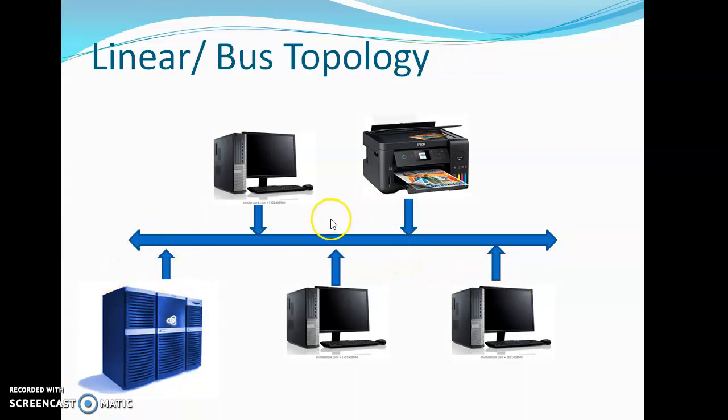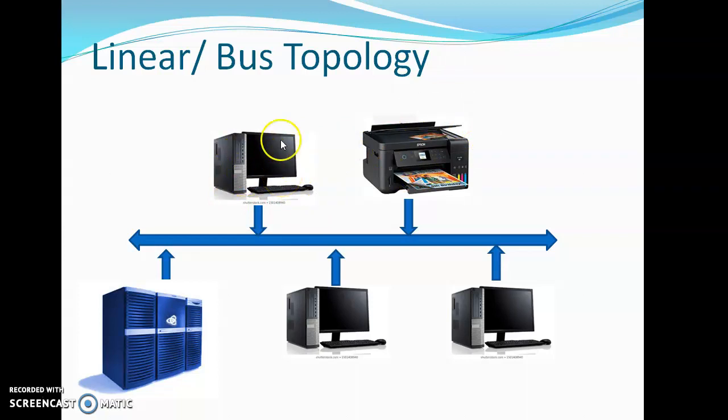Now, regarding the flow of data here, this main cable acts as the main means of communication. This is the main mode where all the devices can interact with each other. And among your devices here, only one device can send a message or interact at one time. Otherwise, there will be a collision. The messages that are sent will collide with each other. So only one device here can send a message.